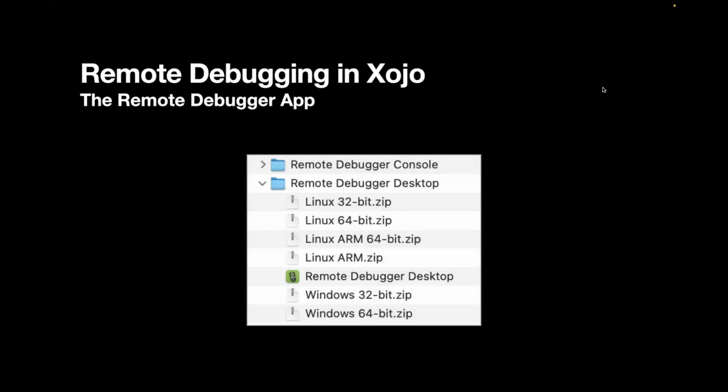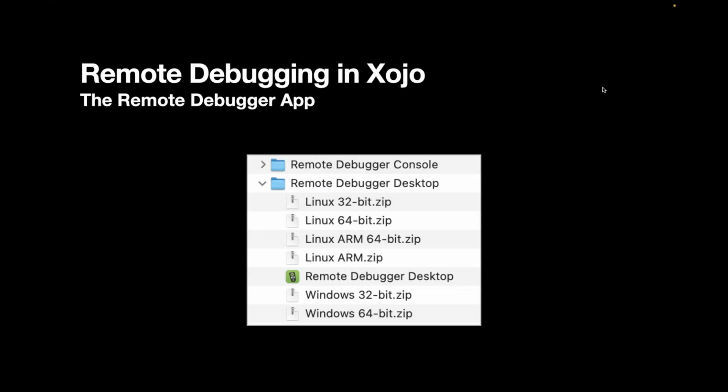And this is a look at the remote debugger folder in the extras folder. You can see there's the console folder, then there's the remote debugger desktop folder. I've opened that up, and all of the remote debuggers are in there. The one for your machine is going to be unzipped. You can see in this case I'm on a Mac, so remote debugger desktop, that's unzipped,